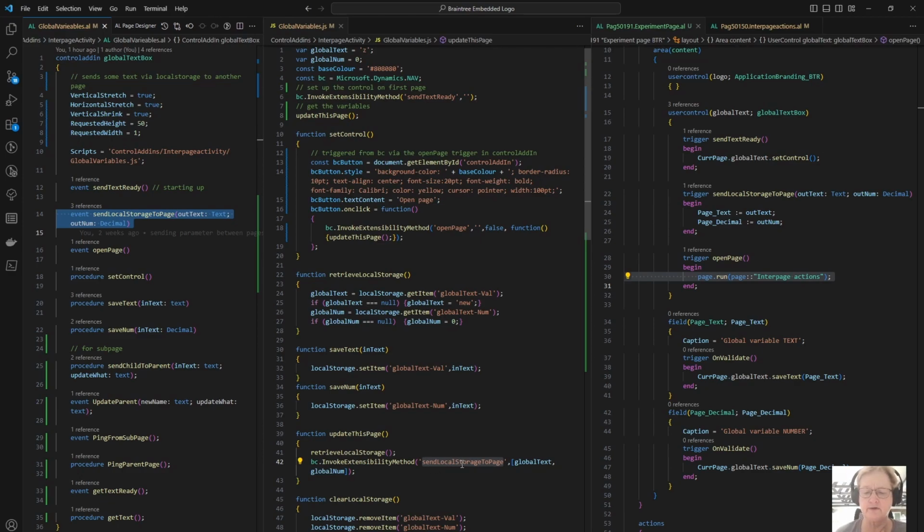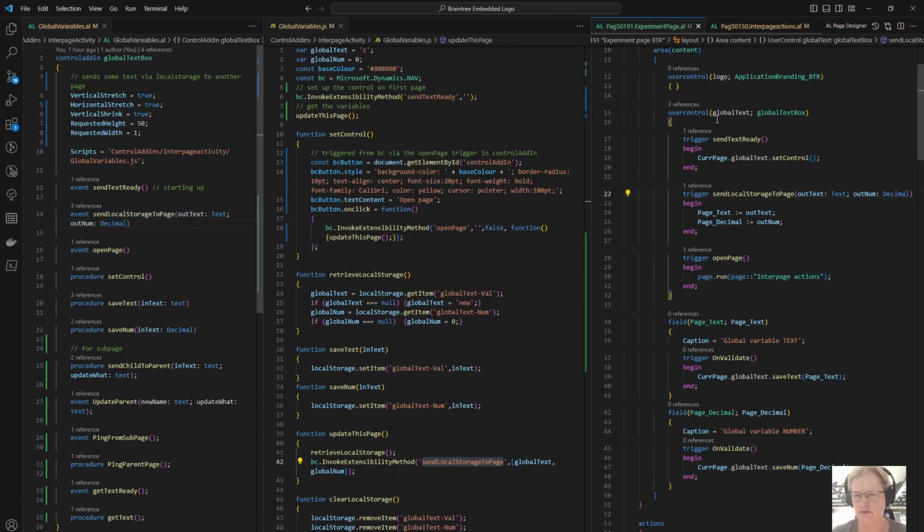So the name of the event is send local storage to page. The variables are sent as an array containing two called global text and global num. Those will end up over here in outText and outNum, and they will of course allow Business Central to respond. So going back to Business Central, we will find trigger on our user control over there, and that will simply